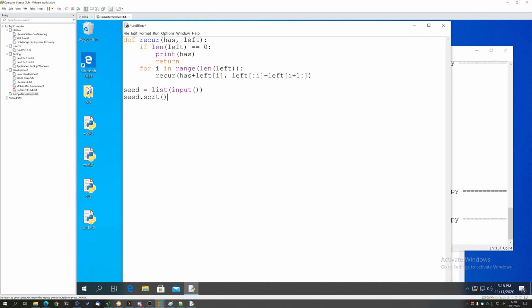So that means that A is going to be chosen first, right? B is going to be chosen next. And the way recursion works is it operates in something called a stack. So as we add operations to do, it's going to do them immediately. So it's going to be last in, first out. For example, if I say recur left, right, then the moment it calls recur, it's going to go straight into the one that was just called. So it operates in a stack.